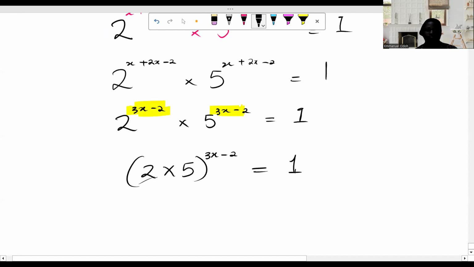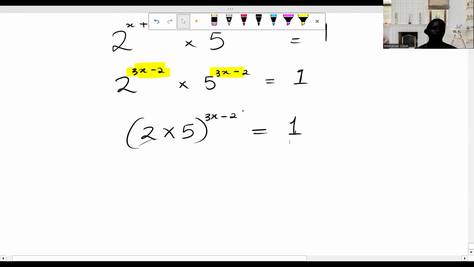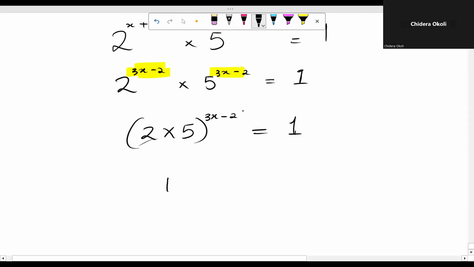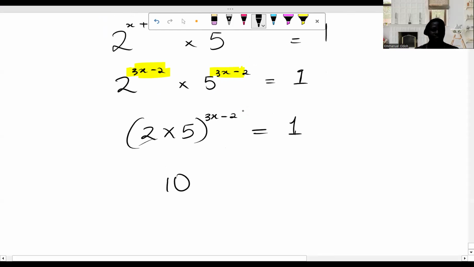I believe we follow to this point. So 2 times 5 is 10, so I have 10 to the power of something is equal to 1. Now,